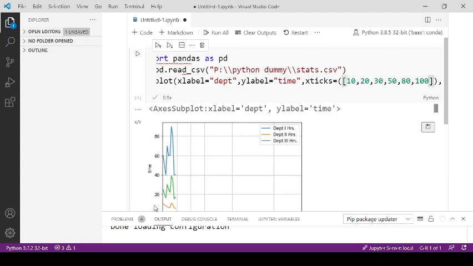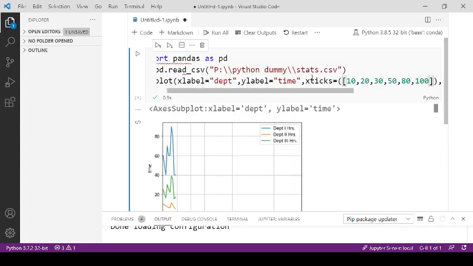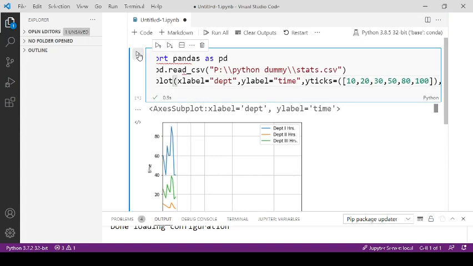Now here you can see values on the x-axis are 10, 20, 30, 50, 80 and 100. So we can specify the values using the parameters xticks and yticks. Now let's change this to yticks and run this code.